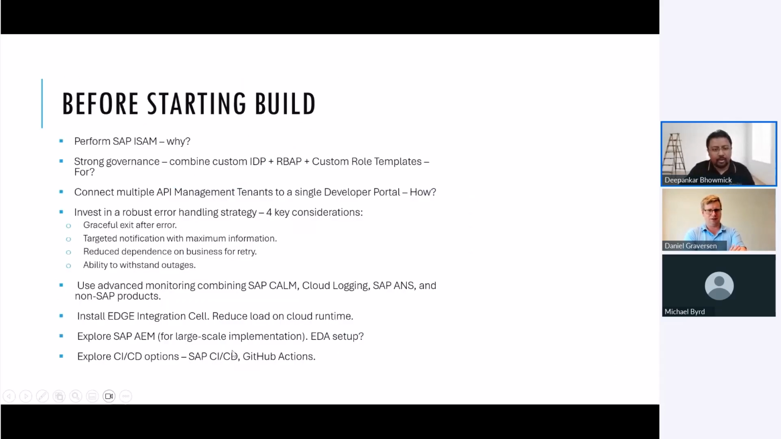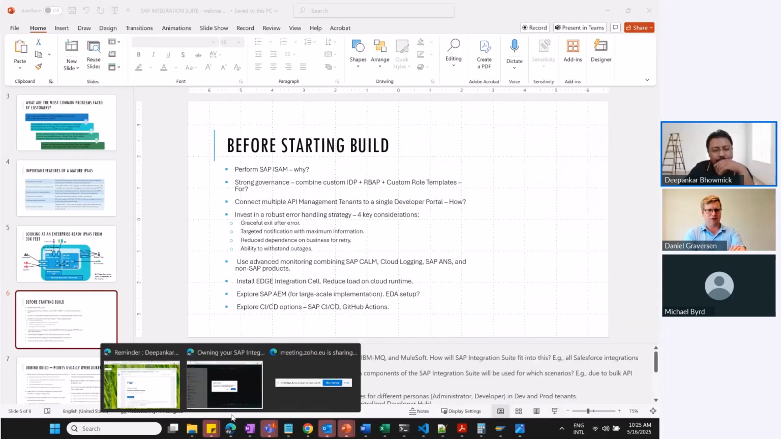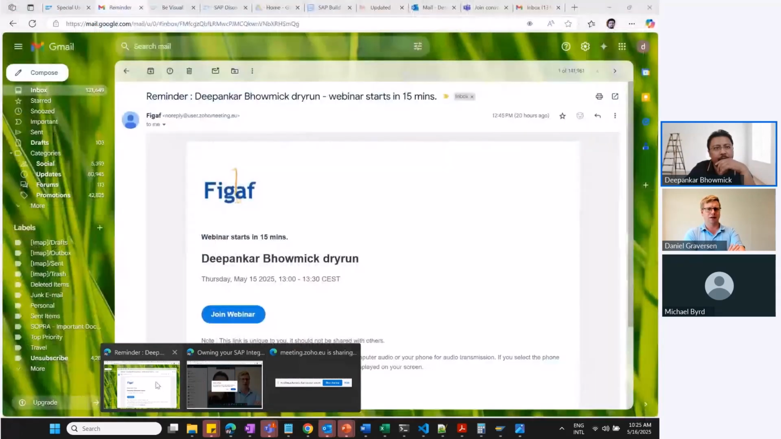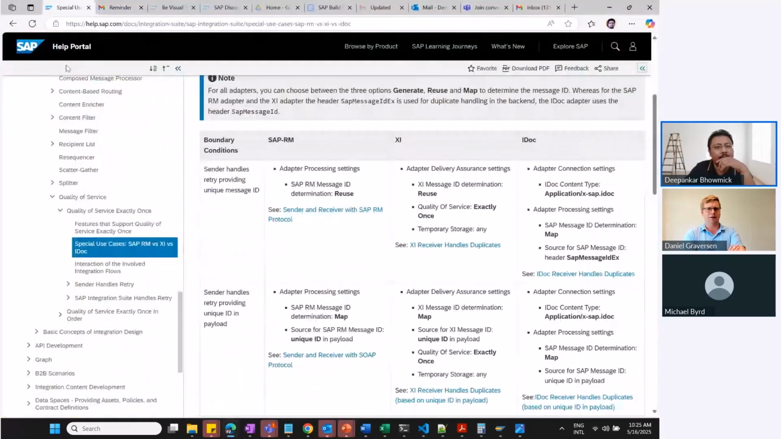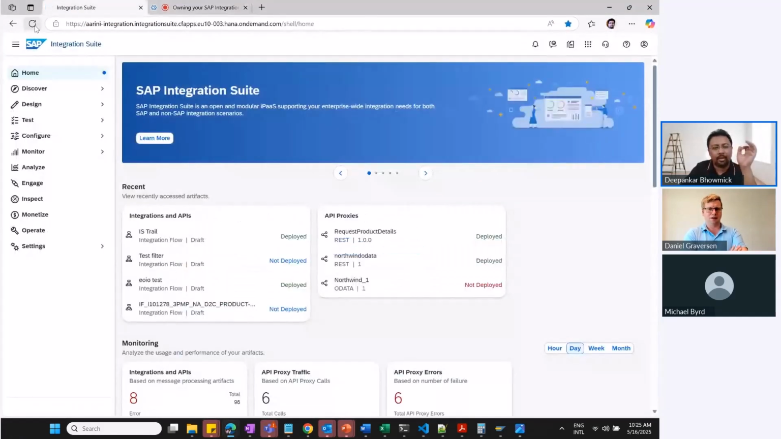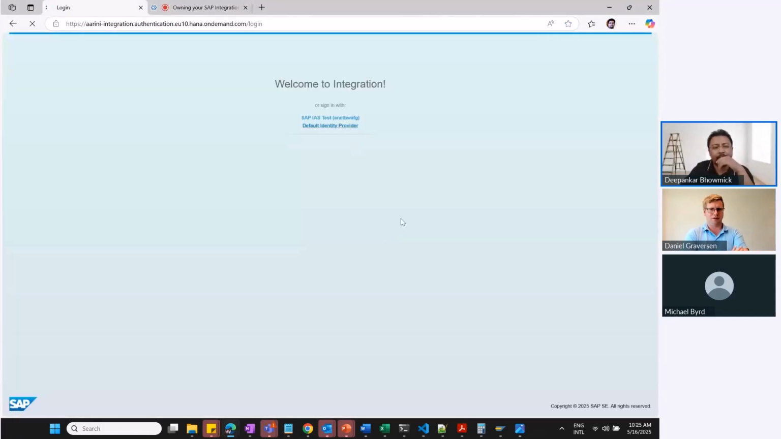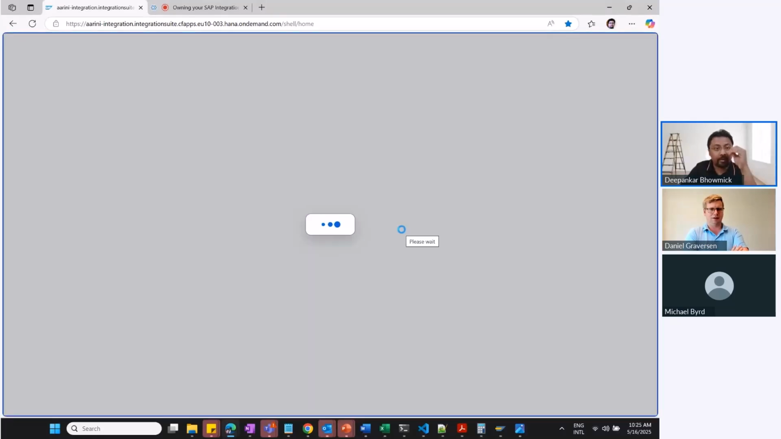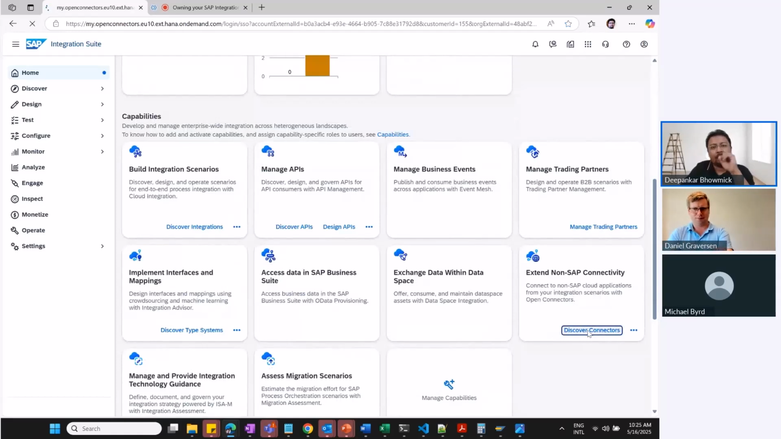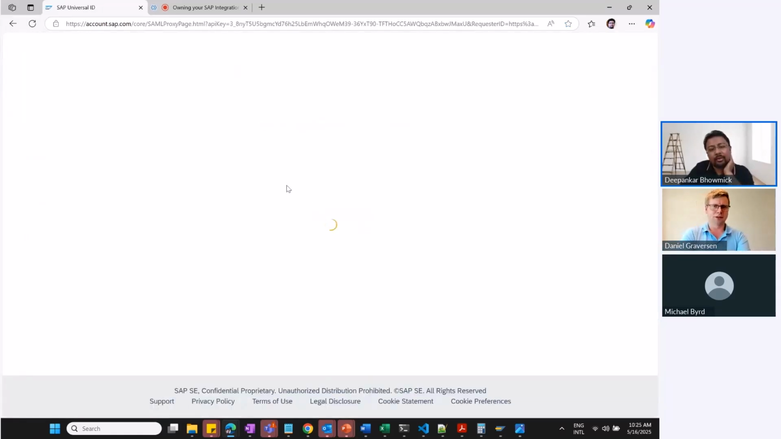So this is our system. Okay, here it is. This is the integration suite tenant that we have. So why do we use Open Connectors? I'll give a very good glimpse of it. So if I go to this one, you'll see that